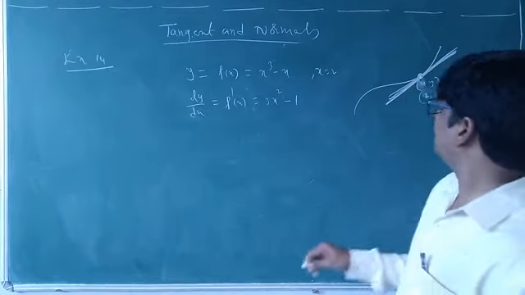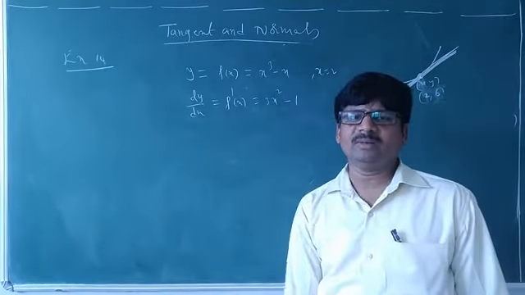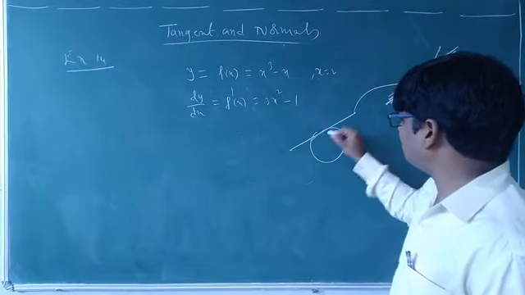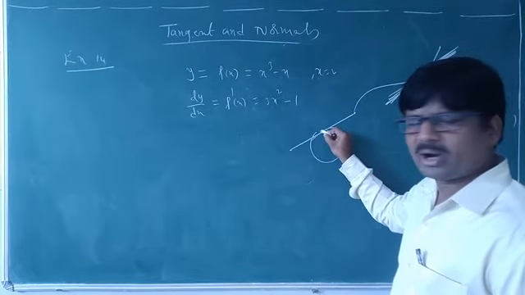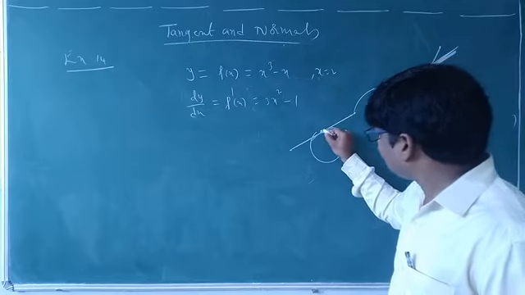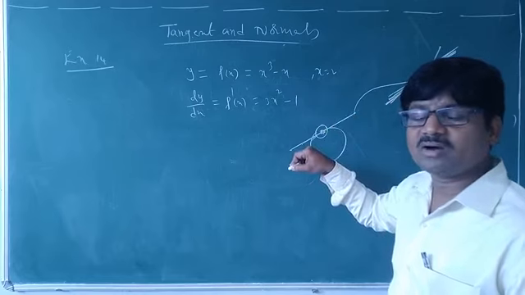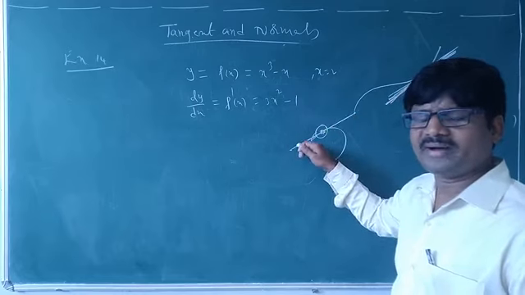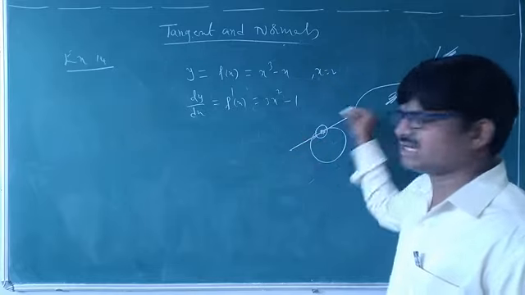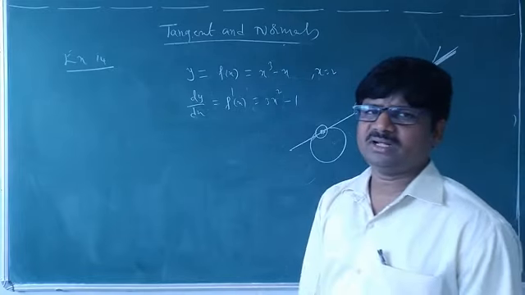So to find the slope, compulsory one point will be given. At that particular point only we have to find it. That means when we are defining a tangent, it is a tangent at a particular point or not? This line touches this circle at a point. At this point only we have to find the slope of this tangent. Then we have to find the equation of the tangent. That one is different; I will explain again how to find the equation of the tangent.